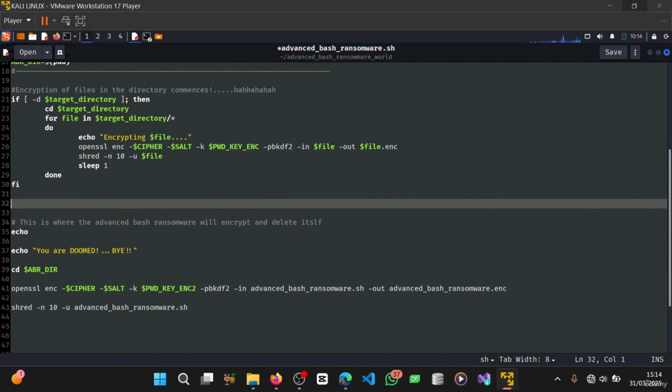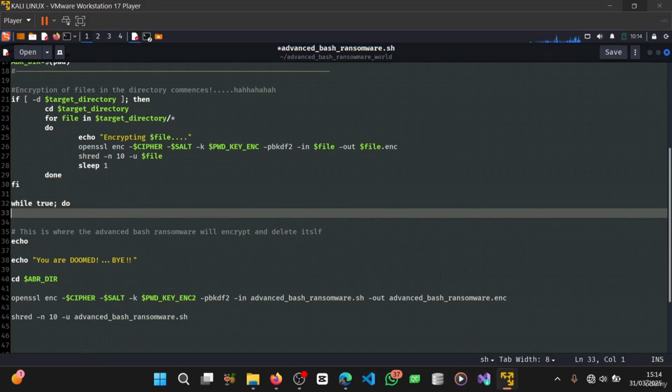So while true, do dialog title, let's call this payment. Then the yes label, we're going to create a label here, let's call this pay now. Then the no label, let's call this cancel. All right, then the yes no widget,